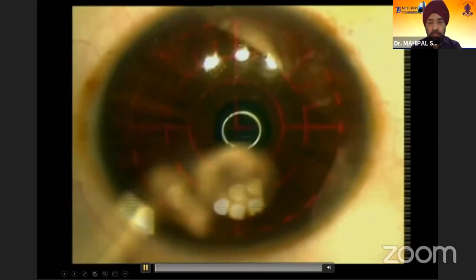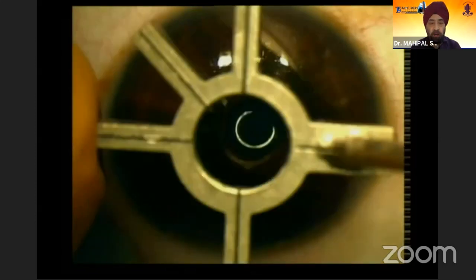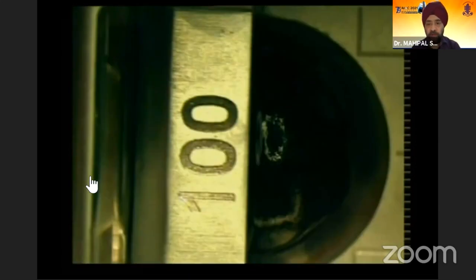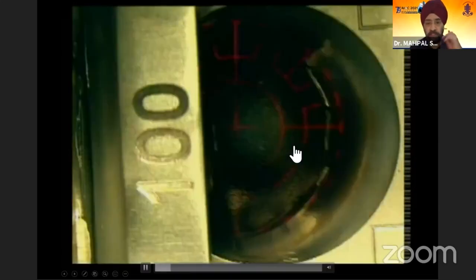This is the mark. Unfortunately, we didn't use ink here, but there is still the indentation. A 100 micron flap. You can see here that this is the flap. It goes fully and then comes. But just watch here that this is a raw surface. And if you look here, the flap is a free flap, and you can see that this is an edge that is avulsed.